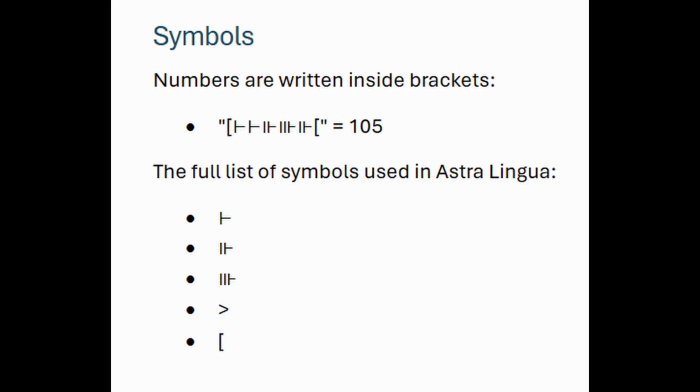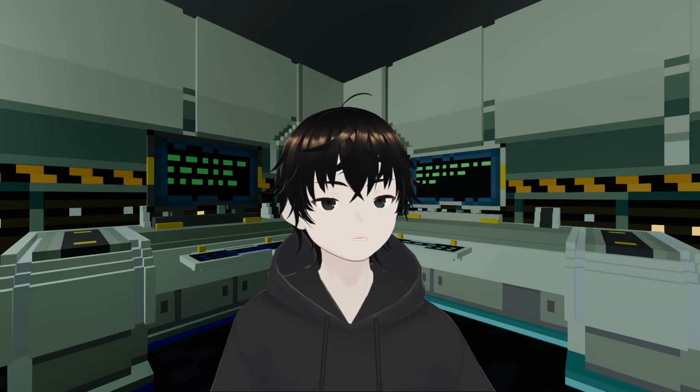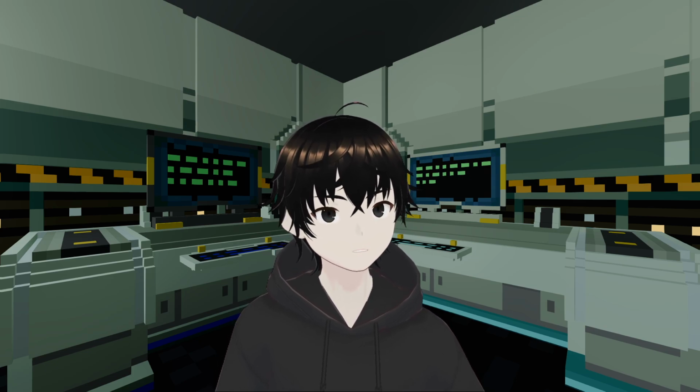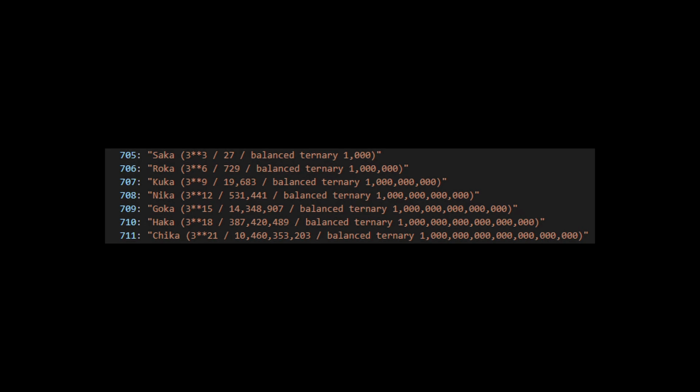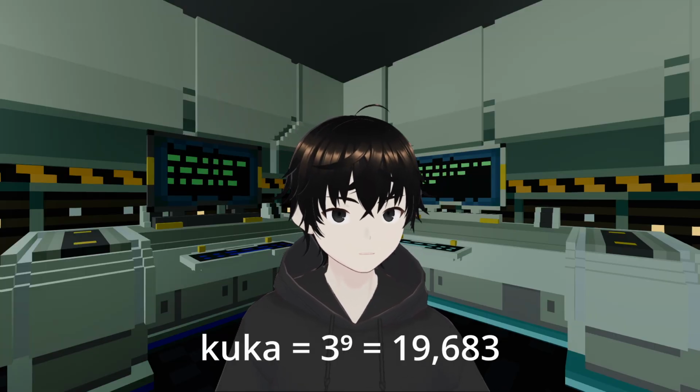Firstly, if you're writing, instead of encoding a number as Astrolingua, you can just embed it as is by using this special square bracket symbol. That means you can just put the digits directly in the brackets. I also added this angle bracket symbol, which lets you write fractions without using the word for division. But if you're not writing, you still have to say the number as words, so I added some special units. Just like in English, where you have megabytes and gigabytes, in Astrolingua you have saka, roka, kuka, nika, goka, haka, and chika. Kuka is 1 with 9 zeros, which in balanced ternary is